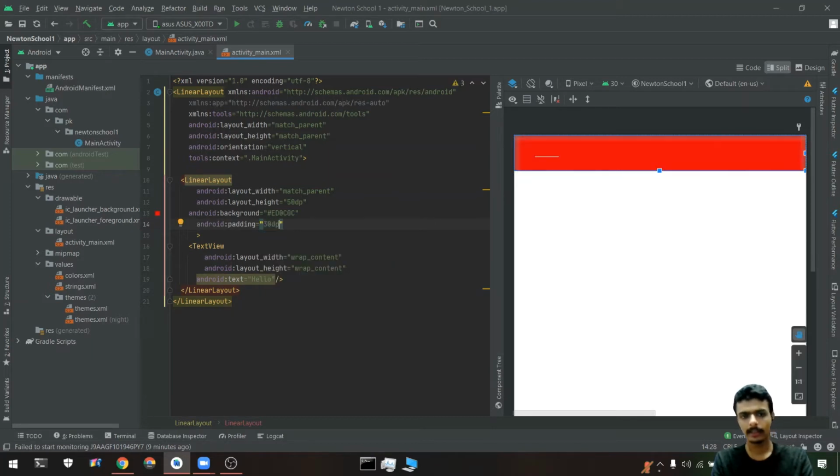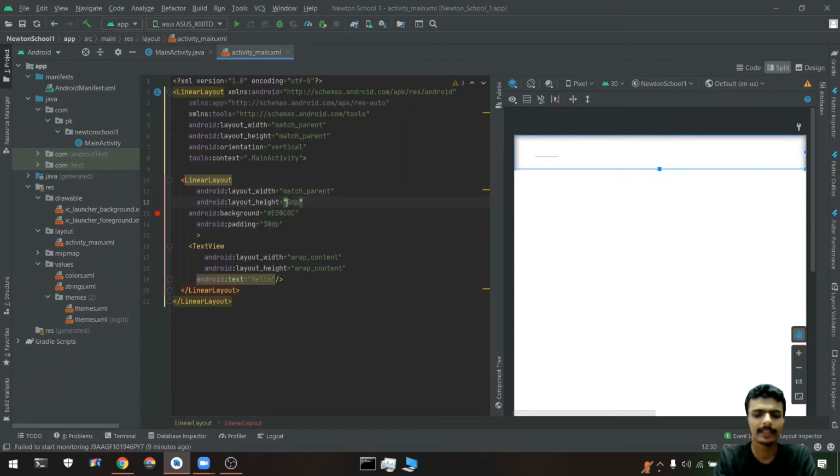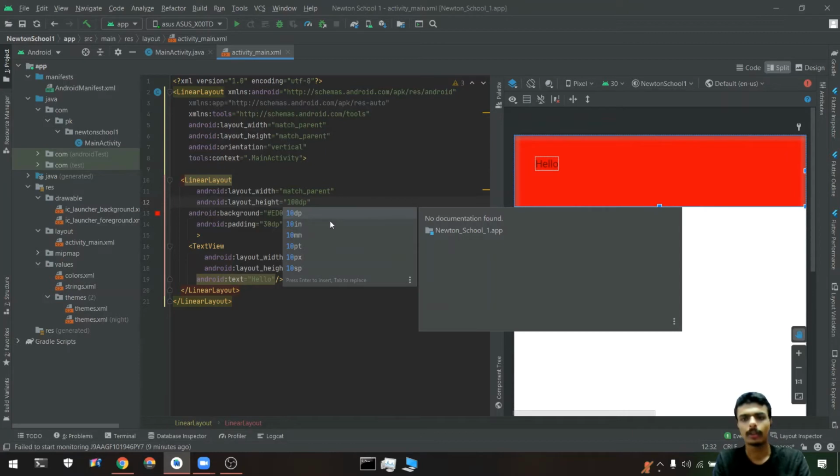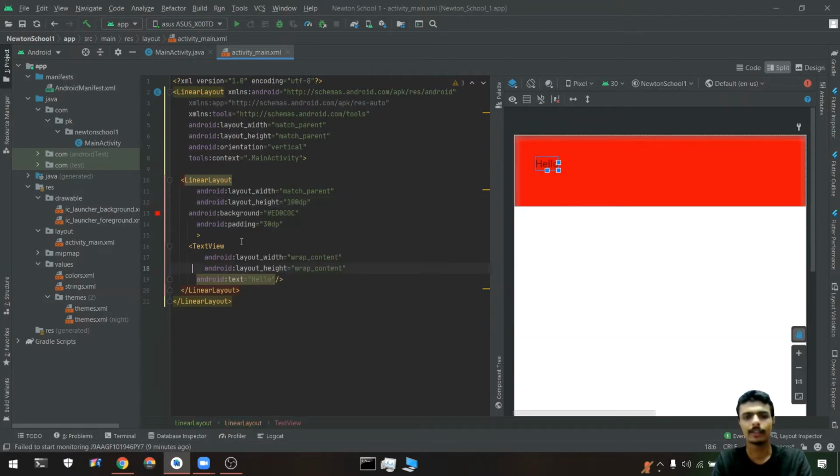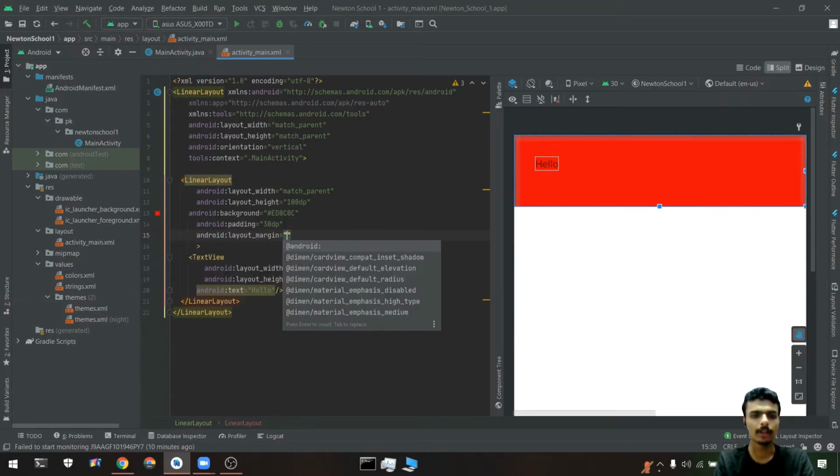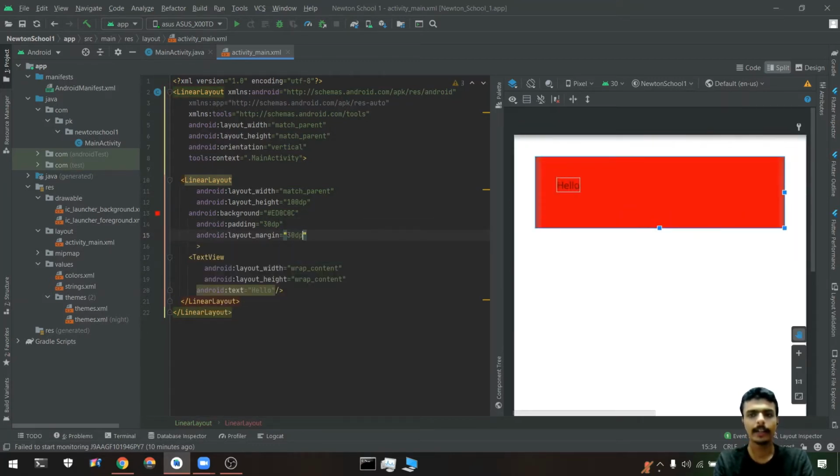See, 50 dp is the height, so let's take around 100 dp. Now see, my hello is shifted 30 dp from the left and from the right side also 30 dp. And if I go to the margin of that and write 30 dp, see, my whole layout got shrunk from the sidewise, 30 dp from here, 30 dp from here, 30 dp from here.